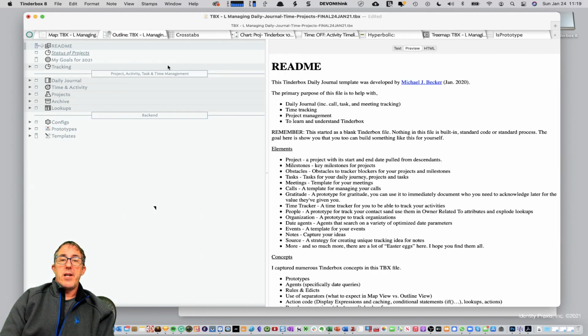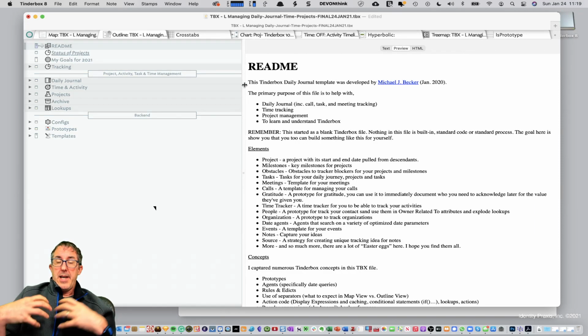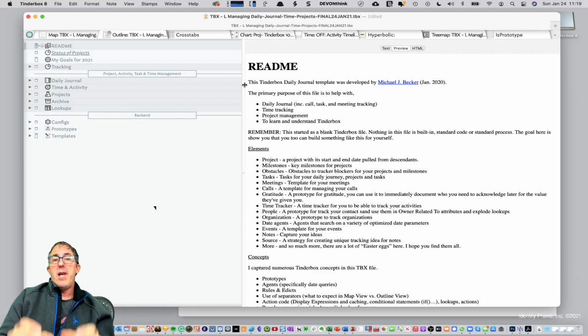So in outline view, you see here we have the README. So let's start with the README. Again, big project here. My goal when I started out was to create a daily journal time tracking tool, and that turned into a project management tool. But it really comes around to being a tool to help you learn Tinderbox as well. And as I noted, it started out just as any other Tinderbox file. There was no built-in special capability that I've leveraged. It was all of the core functionality of Tinderbox, and every code, action code, template that you see here, I've been developing over the last few months or so,